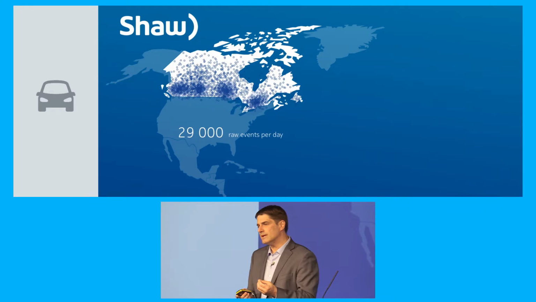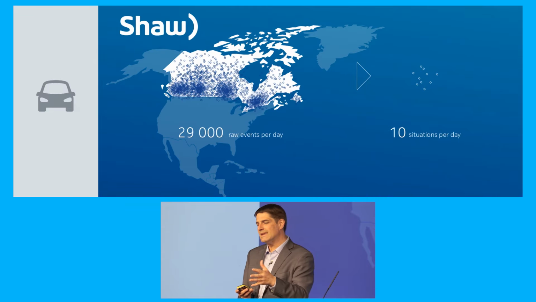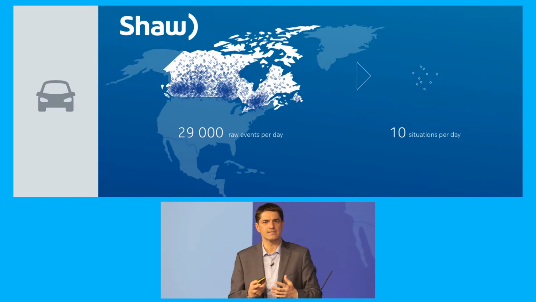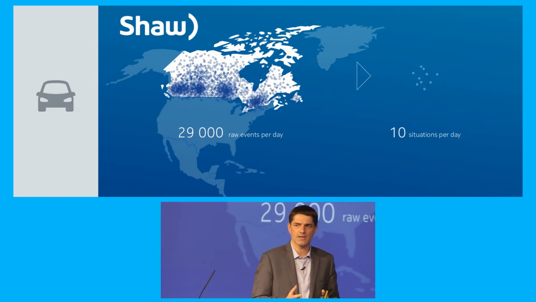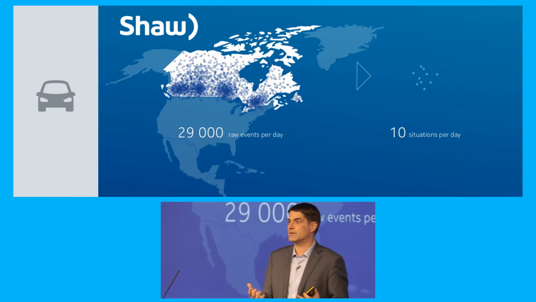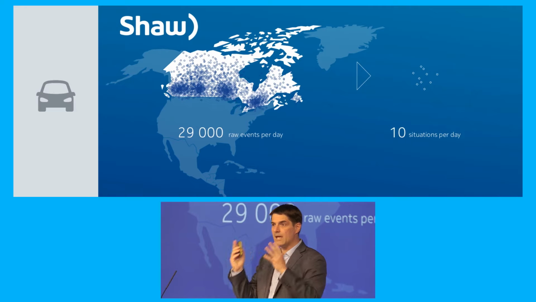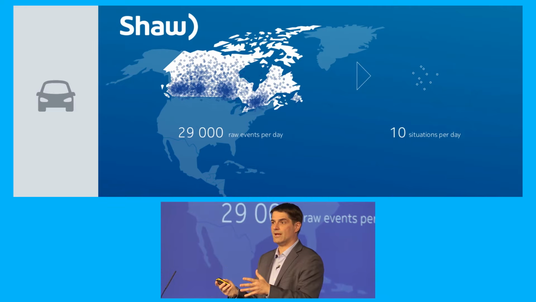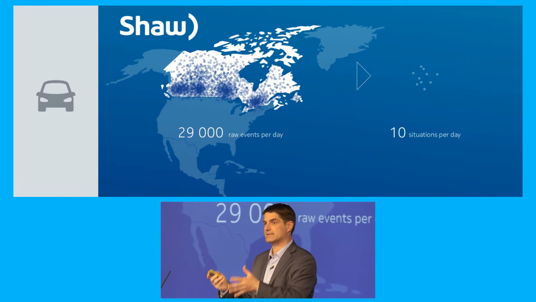What we've done with them is look at their network, process the events, and take those roughly 30,000 events on average per day down to a meaningful 10 situations or incidents per day. Roughly, that's the ratio using this application. For them, it's a tremendous saving, because they're now looking at this as the main view into the network. Rather than looking at 30,000 alarms or what have you, they're looking at these 10 things as a starting point and then resolving those problems.